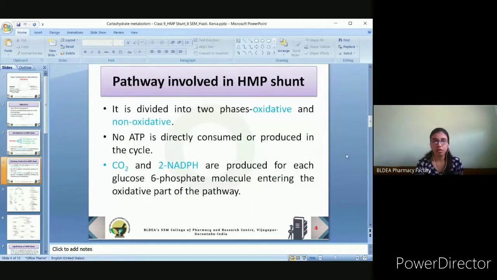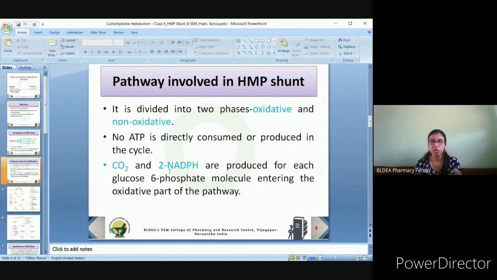So this HMP pathway involves two phases. One is oxidative phase and another is non-oxidative phase. So what happens in oxidative phase? Whatever the starting materials are there, they will get oxidized, and there must be a reductant as well. So here NADPH will come into account, not NAD plus. Now here NADP, that is nicotinamide adenine dinucleotide phosphate. Now, this is a compound that will undergo reduction to form NADPH. Okay, here oxidation of the starting materials and reduction of NADP, that is nicotinamide adenine dinucleotide phosphate.